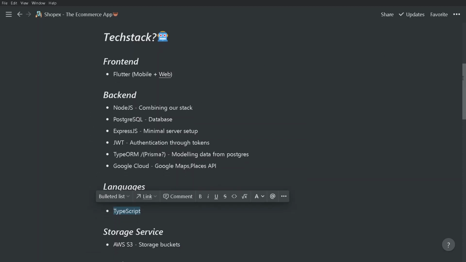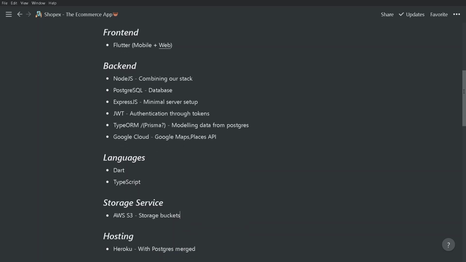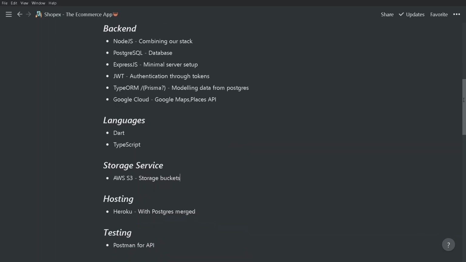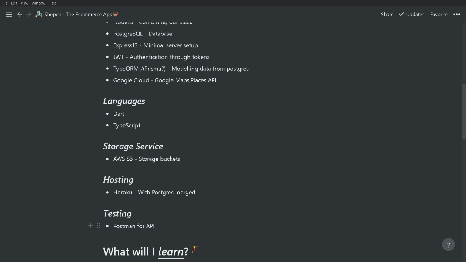And after that, if I scroll down, for the storage service, we shall be using AWS S3, which stands for Simple Storage Service. And after that, under the case of hosting purpose, we are going to be using Heroku, which is merged with Postgres, which is awesome for us. And after that, for the testing purpose of our entire REST API, we are going to be using Postman, which is a free tool that we are going to be using for testing all of our requests and responses